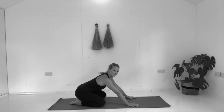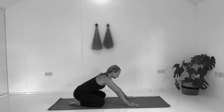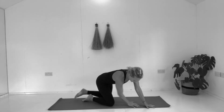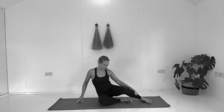So just come to here, and then just little movements again with the hips, just from side to side, sinking and lifting 1 at a time. Good. 3, 2, and 1. Nice. Okay, coming and sitting on your right side, so on your right hip,